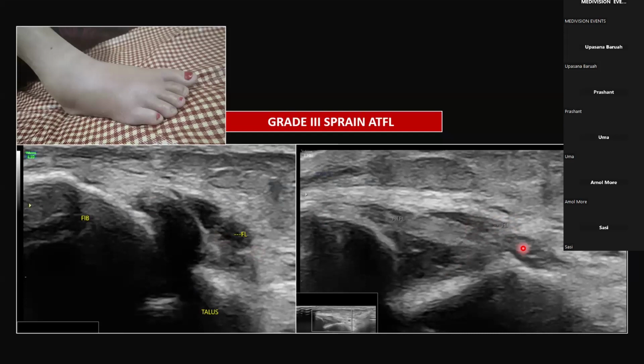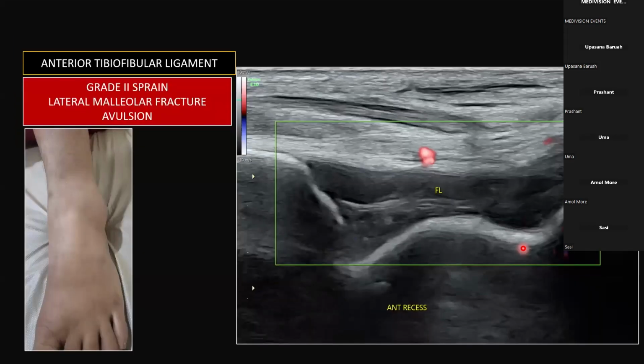Another case, we can see some fluid. So it looks like